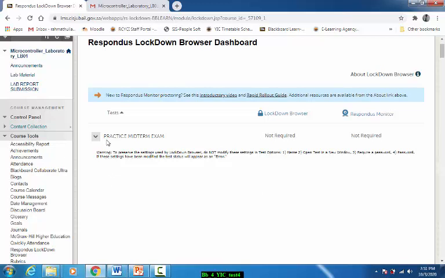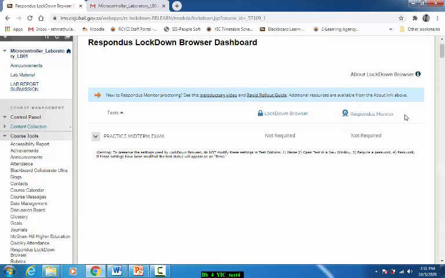Okay, so now you see here, these are the test name and the lockdown browser and Respondus monitor. See, there are two things here. One is lockdown browser and the other is Respondus monitor. Lockdown browser is just to lock the browser. It will not allow the student. But if the browser is locked, okay, what about if the student has opened the book and he is talking to his friends on the mobile? How will the lockdown browser monitor it? No. Again, we can do it using the Respondus monitor.